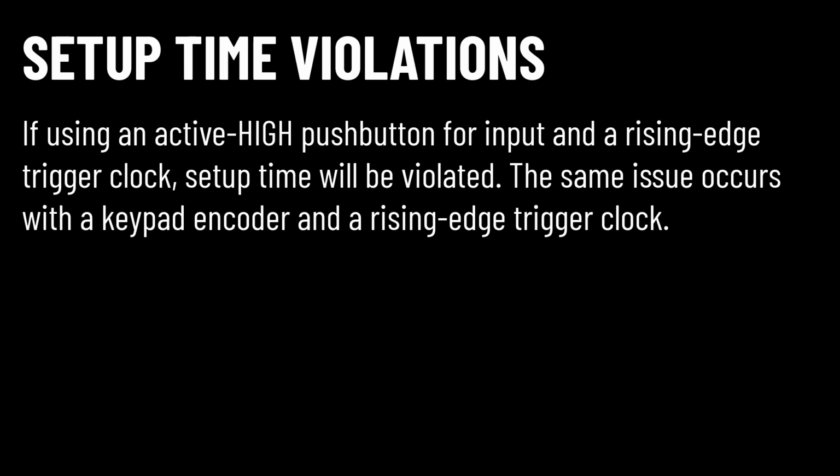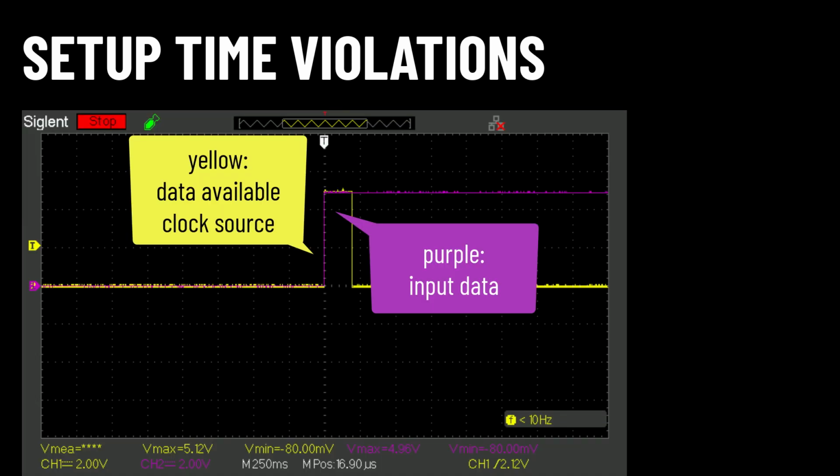The first issue, as mentioned, is setup time. If I use a push button both as an input signal and also as a clock source, then the input value on the flip-flop will not be valid prior to the clock edge and setup time will be violated. The keypad encoder chip we have has an output pin that generates a rising edge when a button on the keypad is pressed. Using a keypad both as an input signal and as a clock source will similarly violate setup